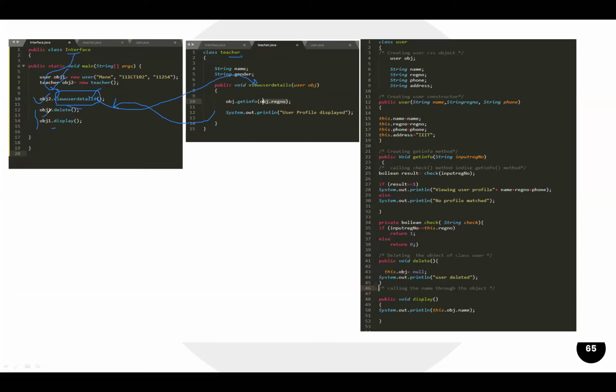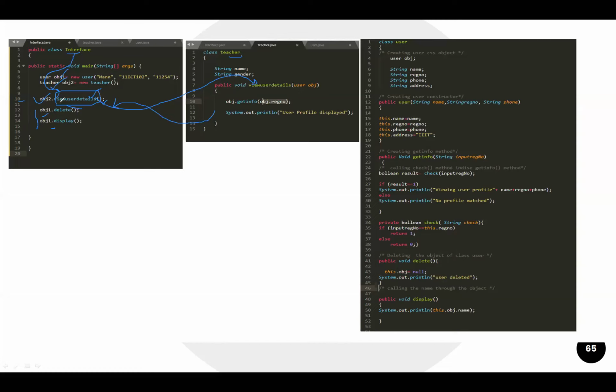So in order to execute these lines, we should be sure that this particular message, whatever we have done at line number 10, is successful. There is no error. So if there is no error, then only we can execute line number 11 and 12, 12 and 14.